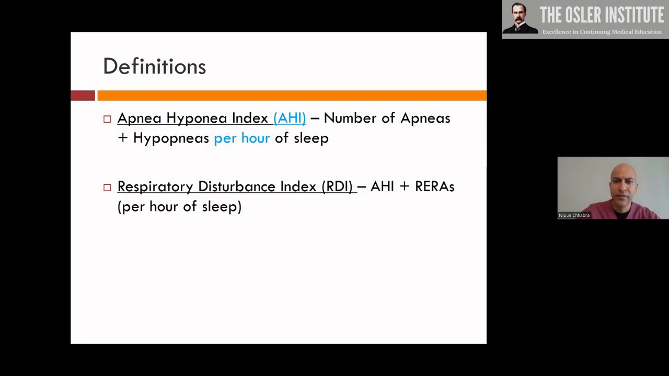Okay, here are a couple more definitions that we should commit to memory. The AHI is simply defined as the apnea-hypopnea index, which includes both the apneas and the hypopneic events per hour of sleep. That's in contrast